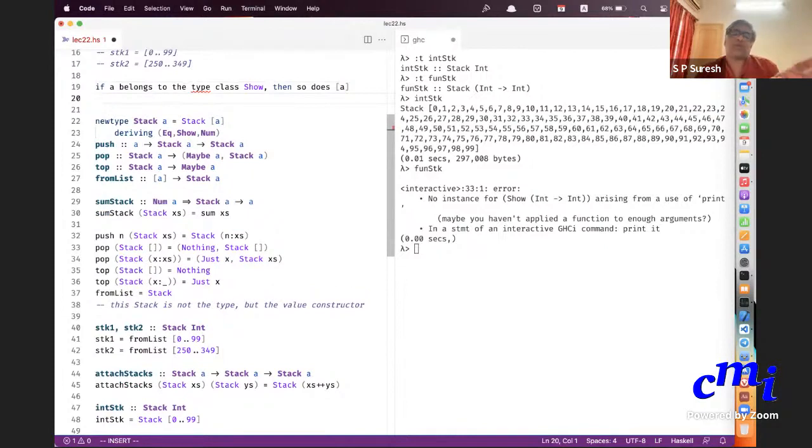If A belongs to the type class show, then list A also belongs to the type class show.